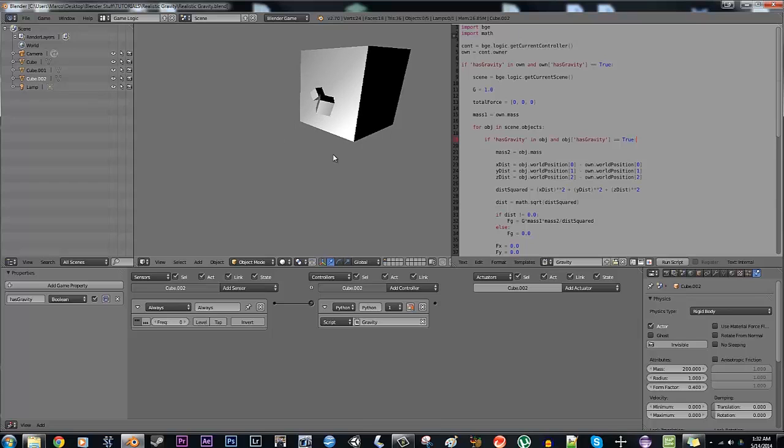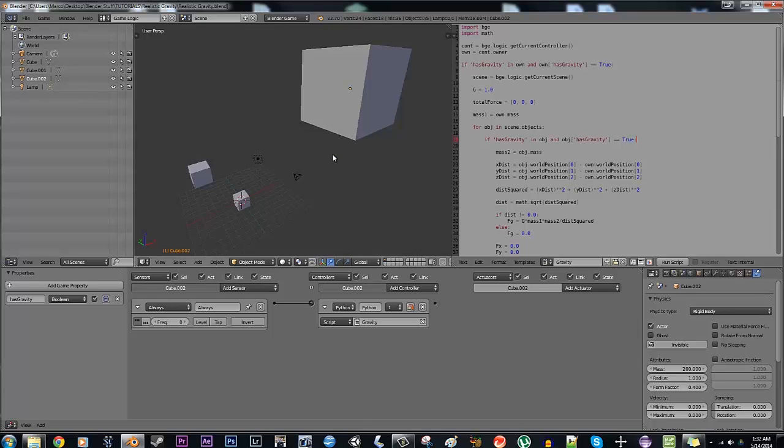The code is not optimized fully. I do not know Python that well, and I'm sure there are much better ways to do all of this, but this is the best way that I've come up with for now at least. So I encourage anyone who knows the slightest bit more Python and Blender than I do to look into this if they're curious and change stuff, and let me know what you've changed and how you could make it better. Because as soon as I get a whole bunch of objects, my computer starts to lag out a lot when doing this. It doesn't mess up the calculations, it just slows it down a lot,